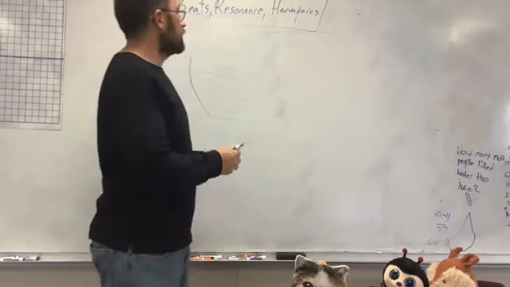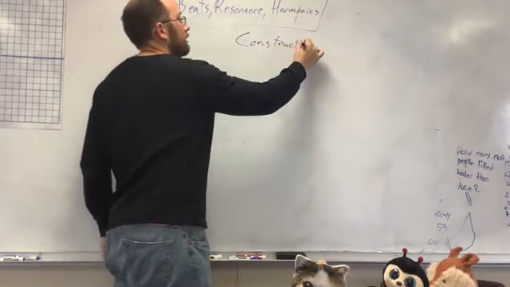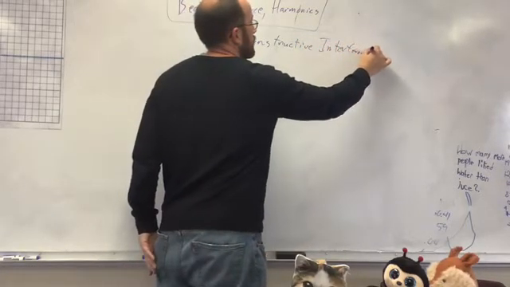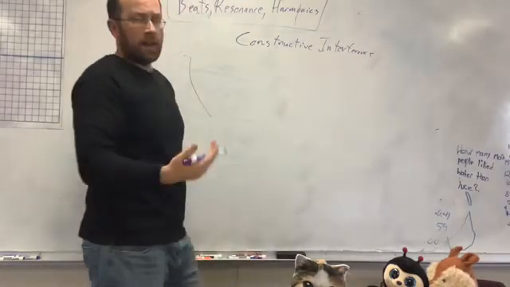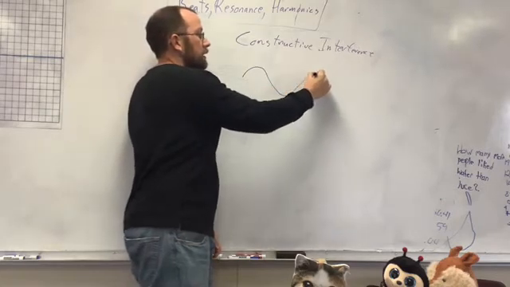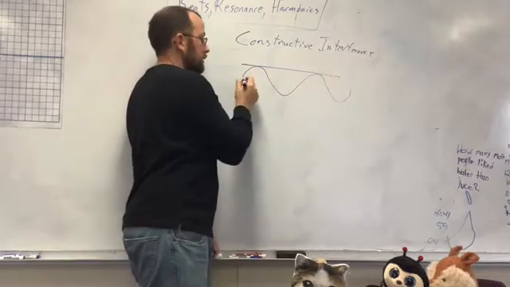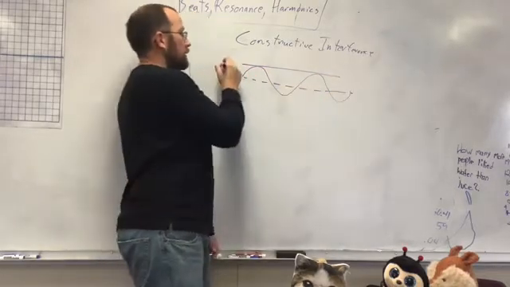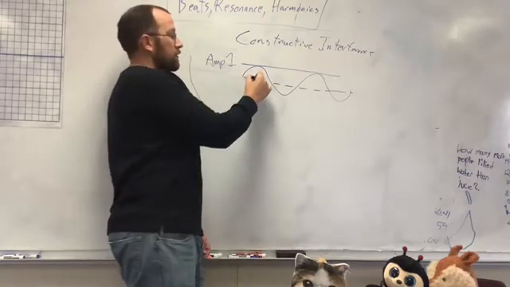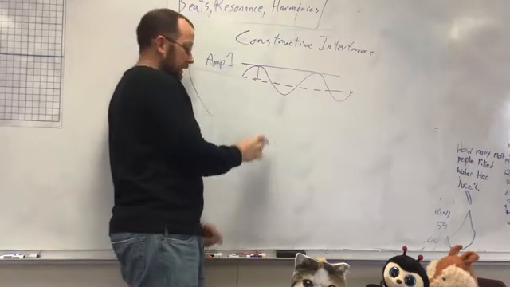So constructive interference. That is basically when you create a bigger wave by combining two of the same waves. So if I have a wave here, and let's say it has an amplitude of 1. Alright, so that's from the medium up there. Let's say that's 1. And it gets joined